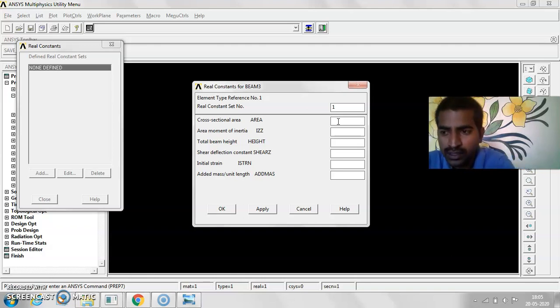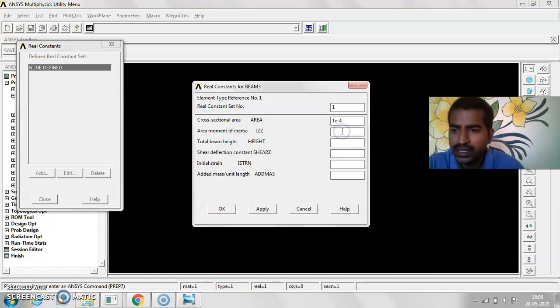So you are getting the value as 1 into 10 raised to minus 4 meter square. See, all the values are in the same unit, that is meter, so let it be in meter square.